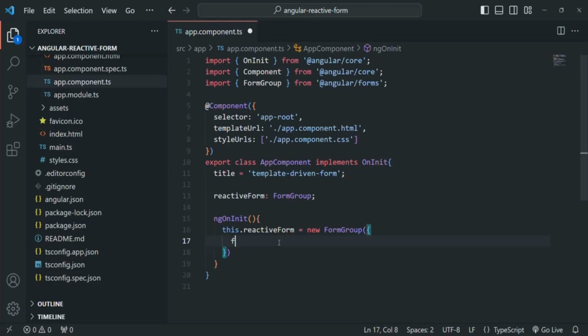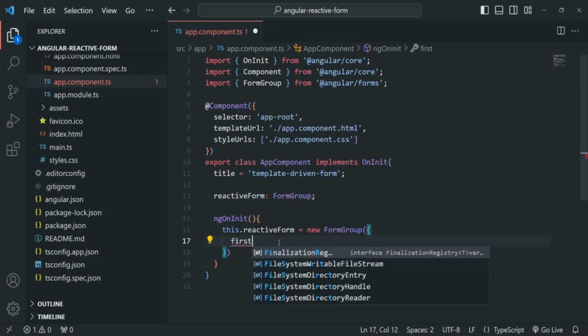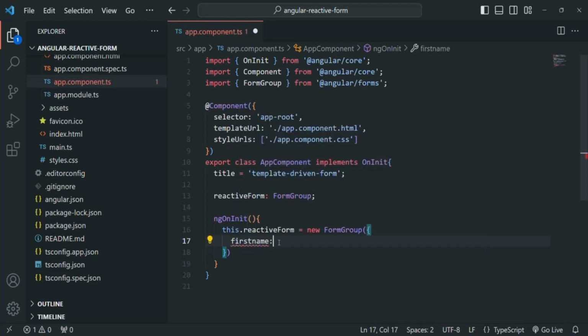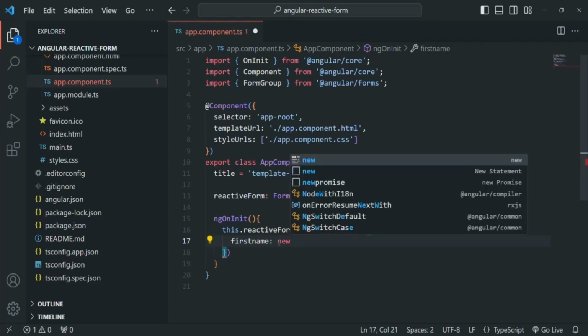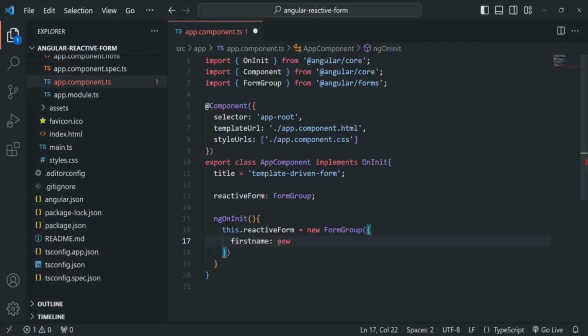For example, we want a firstName form control, and to this we want to assign a FormControl. For that, again we will use the new keyword and call the constructor of FormControl. And again, in order to use this FormControl, we need to import it from